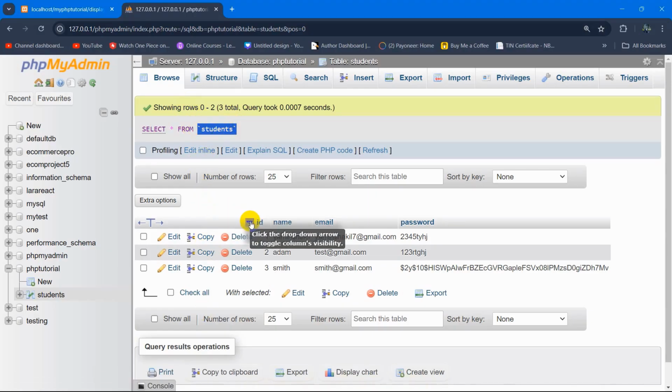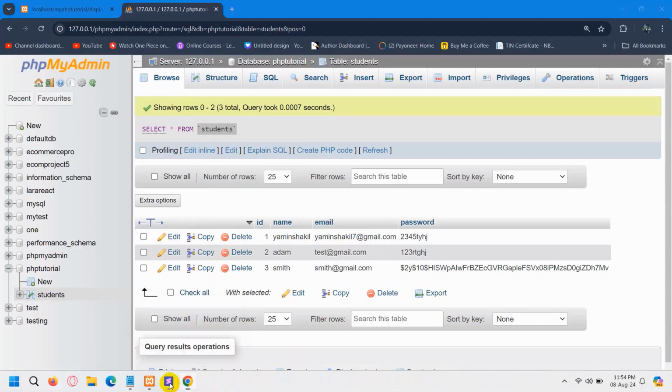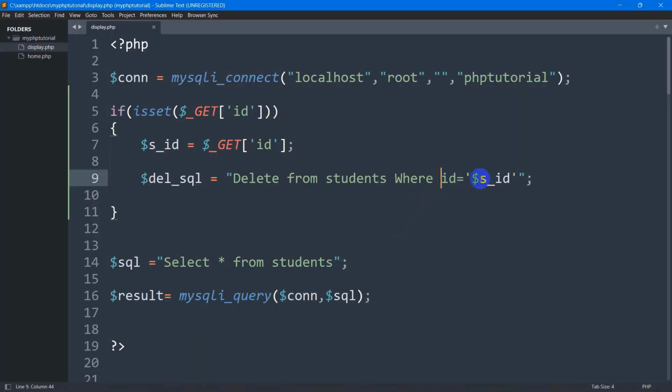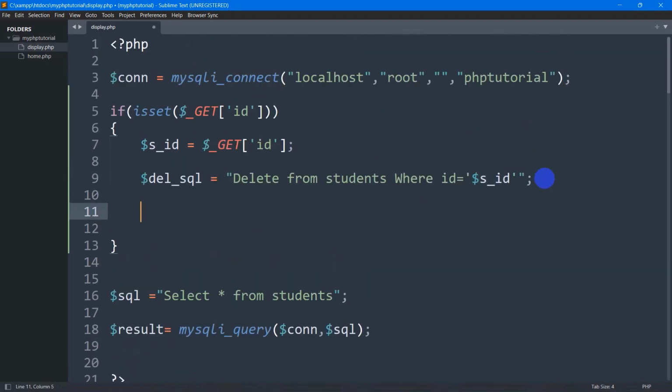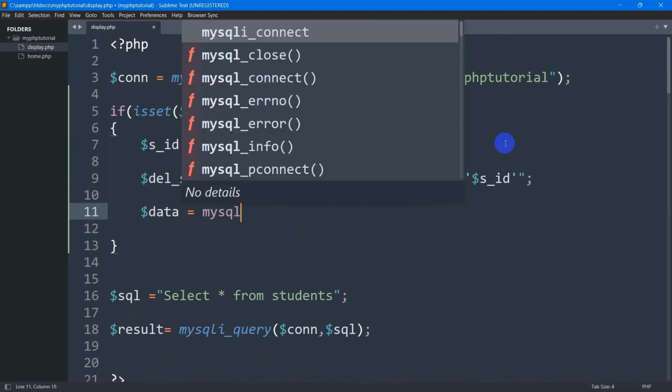Here you can see that table, and we have an ID column here. So this ID is basically this one, and the s_id is what we get when we click on a specific delete button. So right now, in order to complete the delete, let me just declare another variable. Let's say $data. You can declare the variable anything you want, equal to MySQL